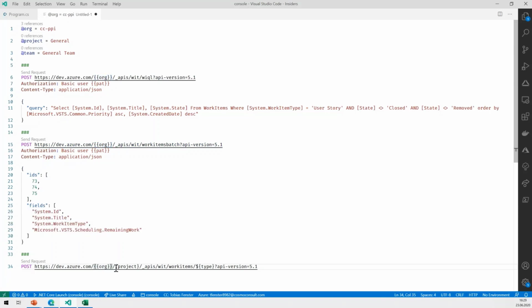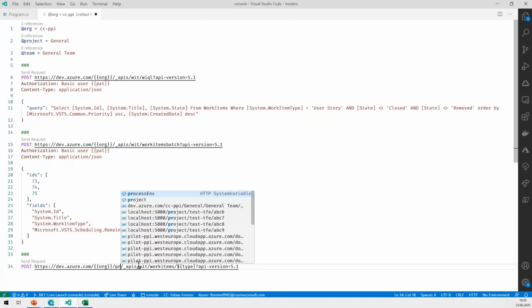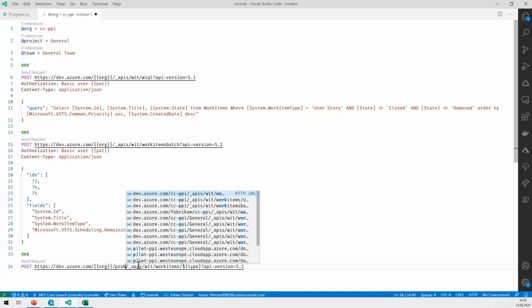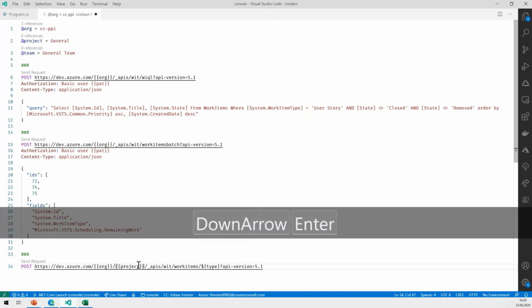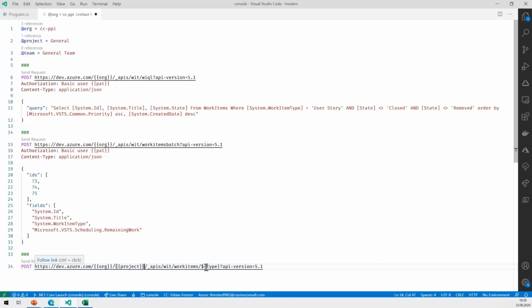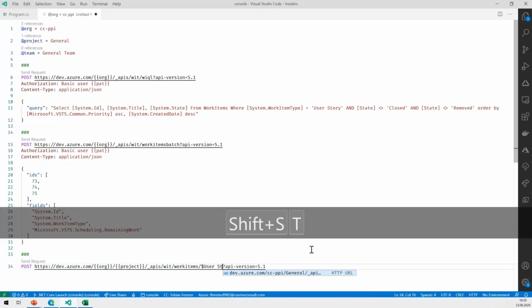So we will replace that one with our org, and we will replace that one with the project variable that we have here. And then we need to enter a type. And that one, for example, would be a user story.